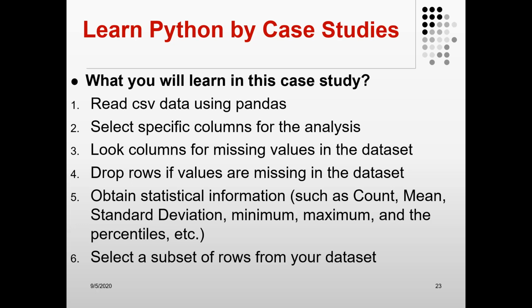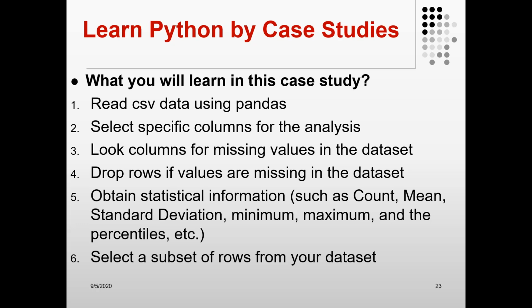You also learn how to look for missing values in your columns, and how to drop rows with missing values.